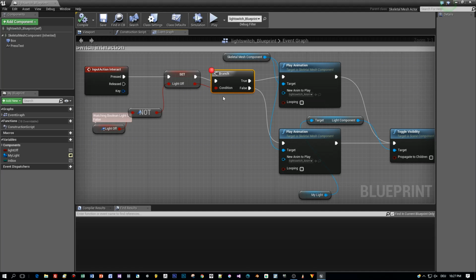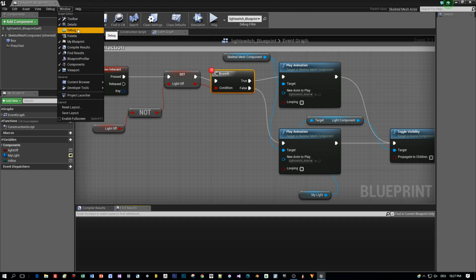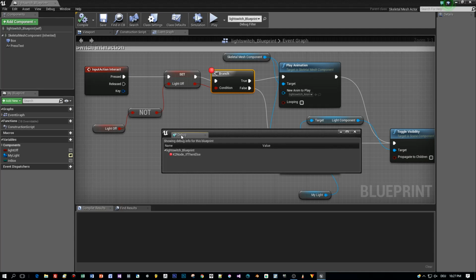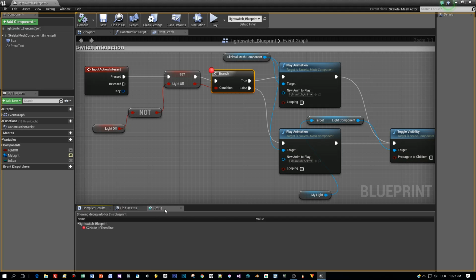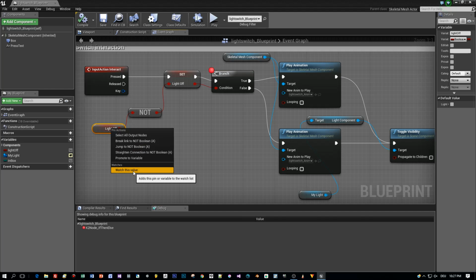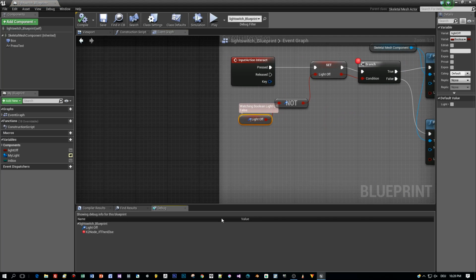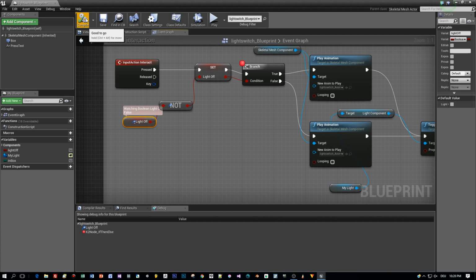Now the breakpoint is added, and the next thing I want to do is to open the debug window, and in this window you can, for example, see the values of your variables. I will dock it here to the other tabs, and then I select or right click the light off variable and choose watch this value, and now it is added to my debug window. Then I will compile and start the game,